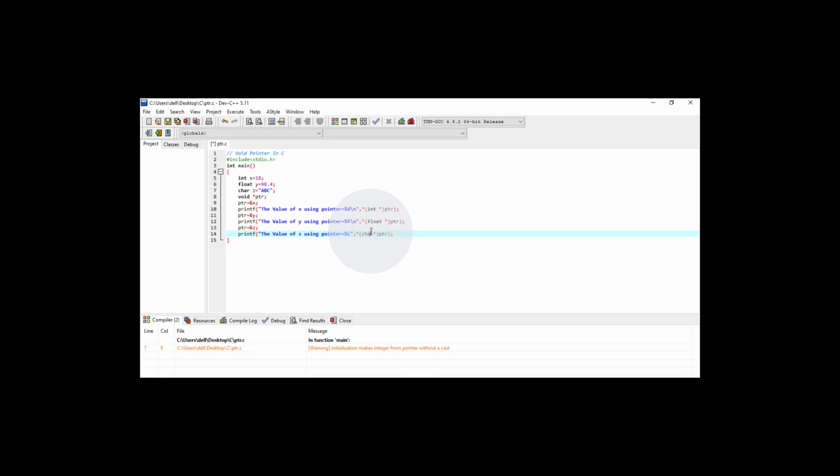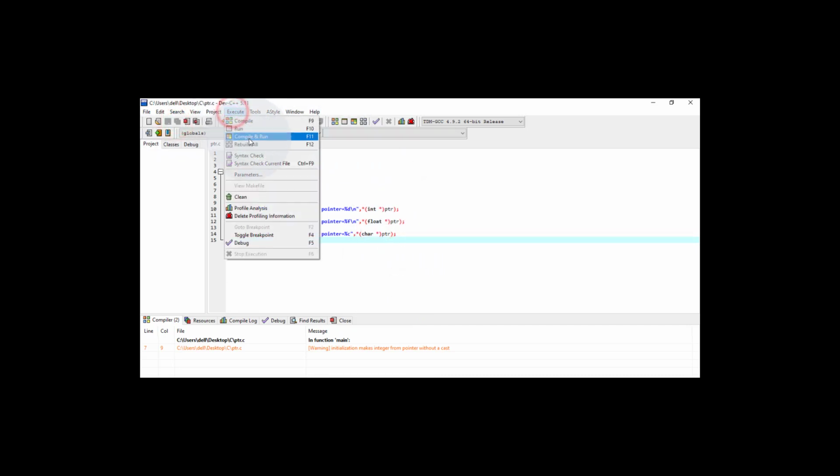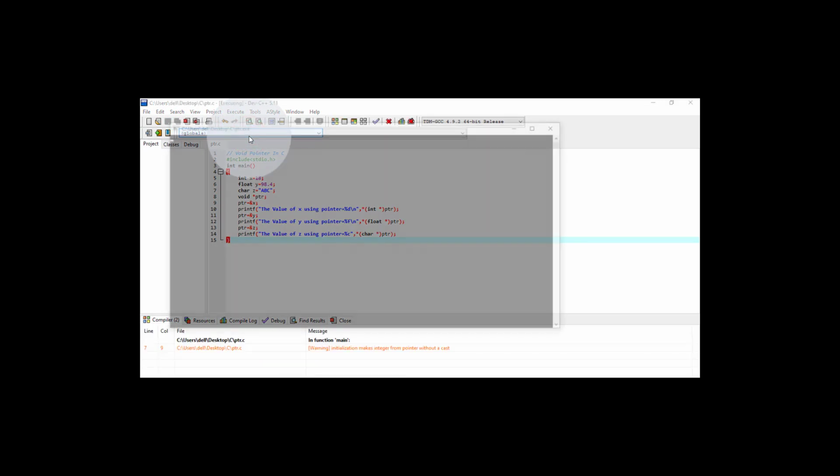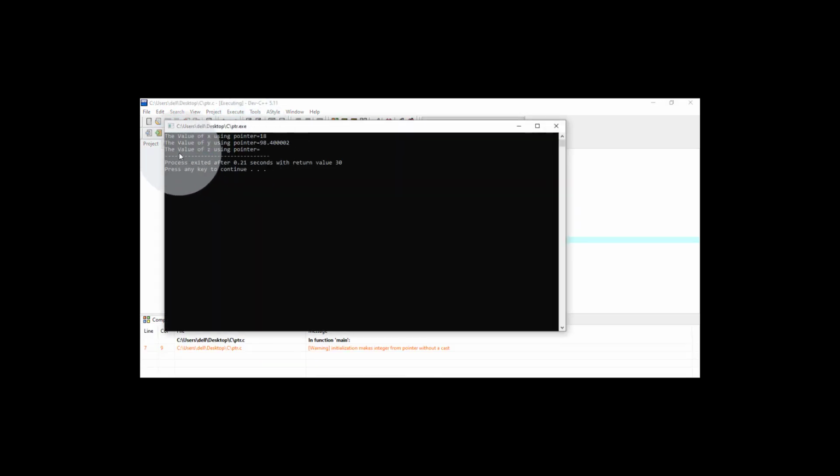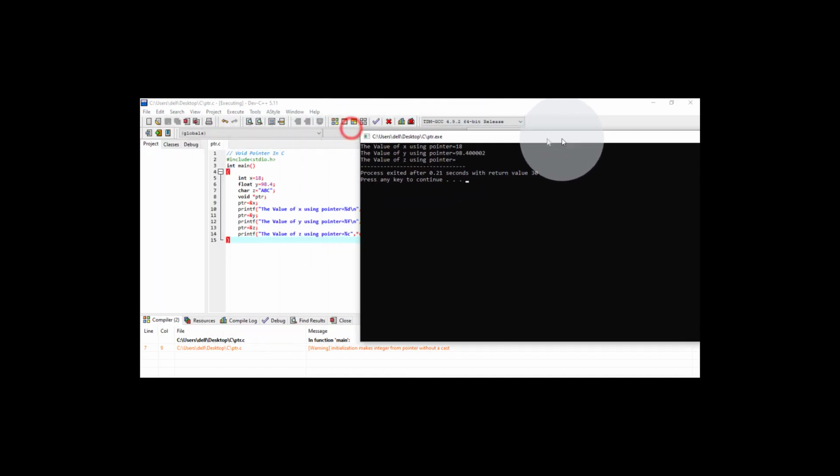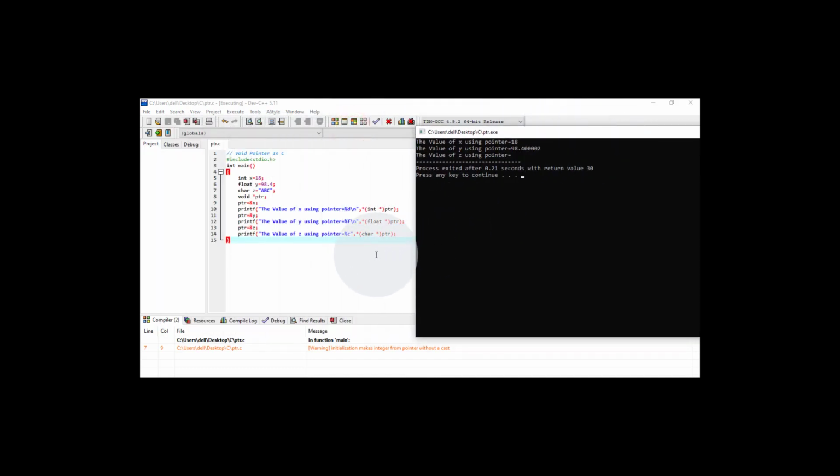So here we write char, and now save your changes, go to the execute menu, choose compile and run. Here we see the value of z using the pointer is not displaying, because we have made some mistake there.